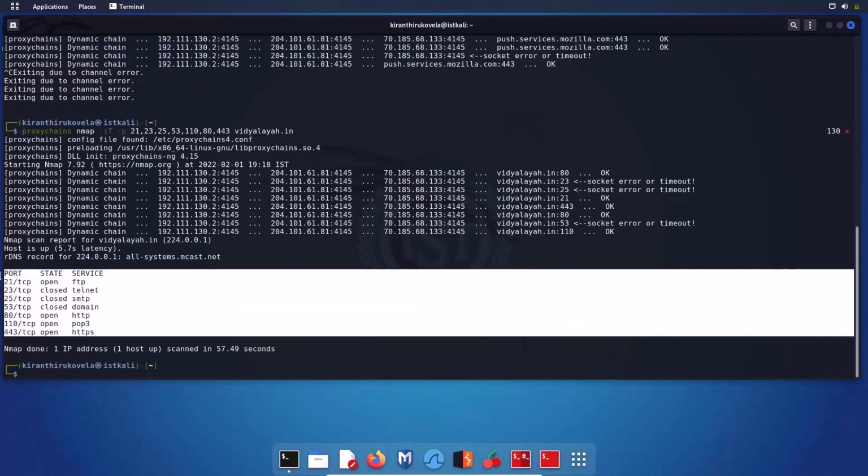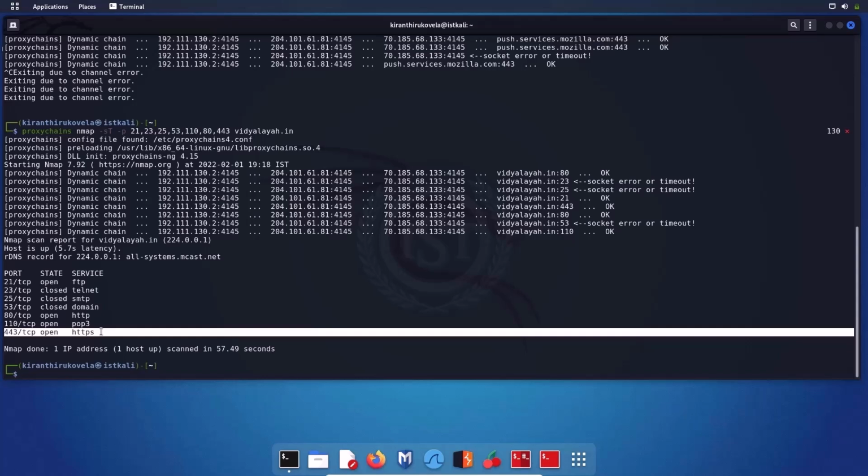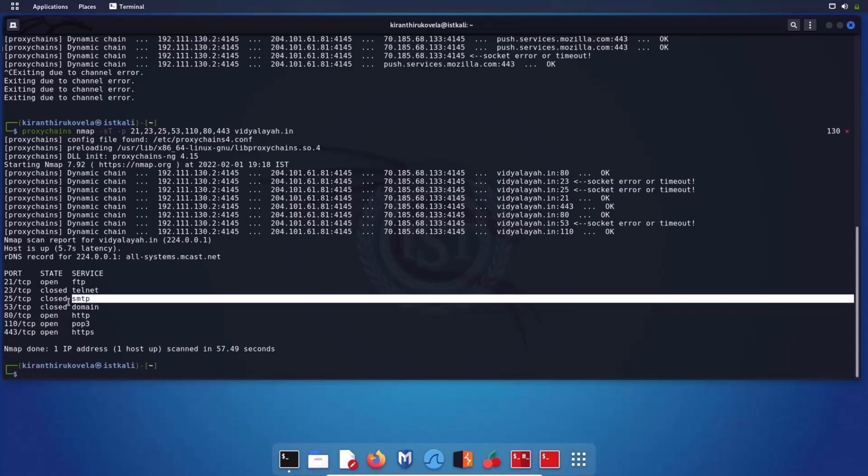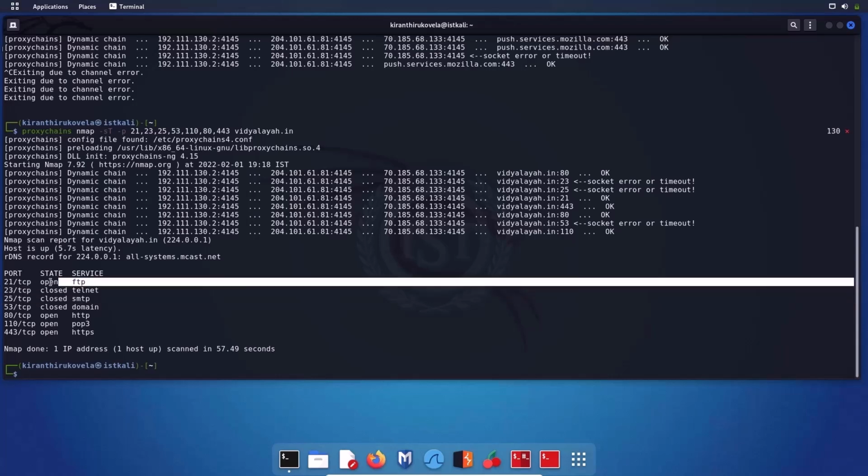And as you can see, in the nmap scan results, 443 TCP port is open, HTTPS, then 110 POP is open, 80 is open, HTTP, DNS port is closed, SMTP port is closed, telnet port is closed, and FTP port is open.